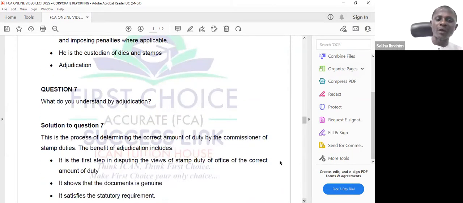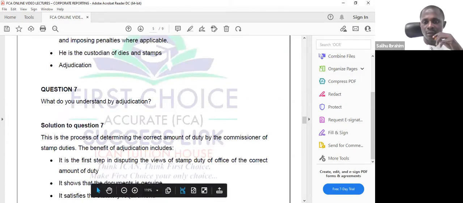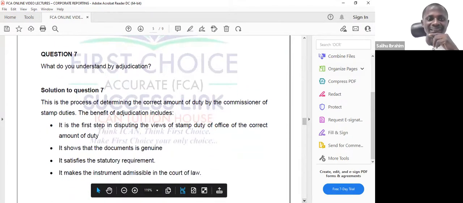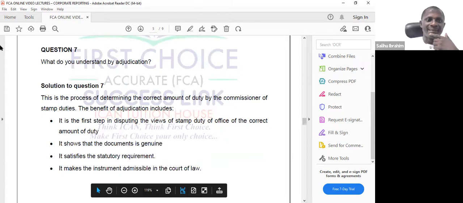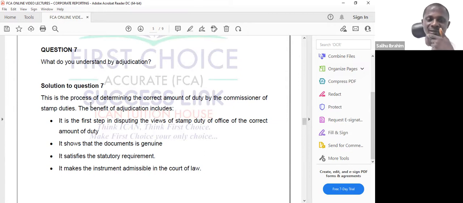What do you understand by adjudication? This is the process of determining the correct amount of duty by the Commissioner of Stamp Duties. And what are the benefits of adjudication? One, it is the first step in disputing the views of the stamp duty office of the correct amount of duty. Now, when you stamp an instrument,